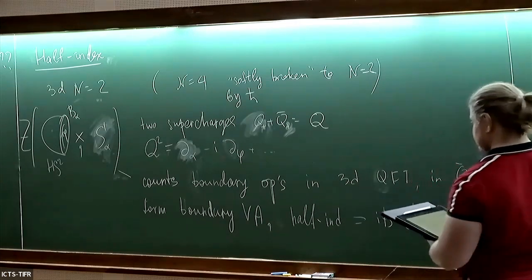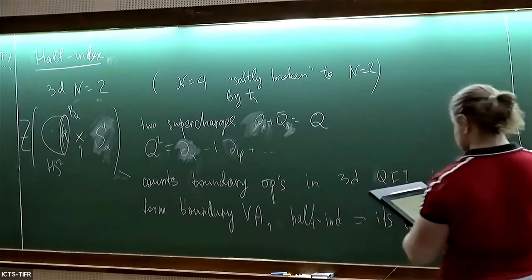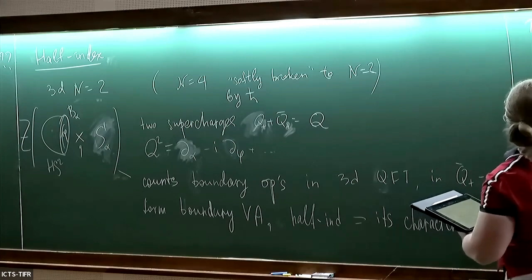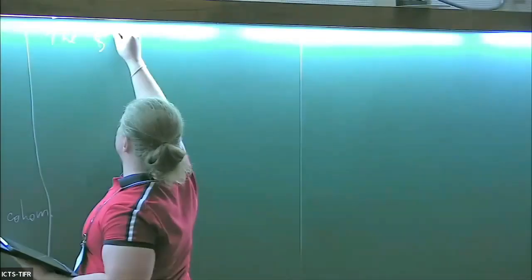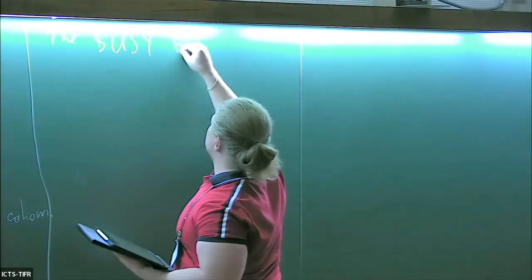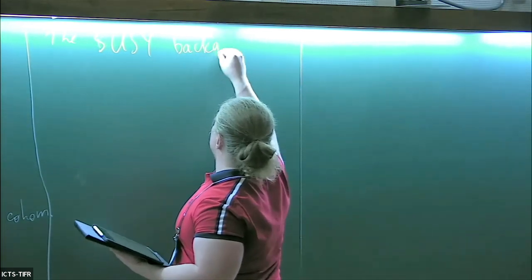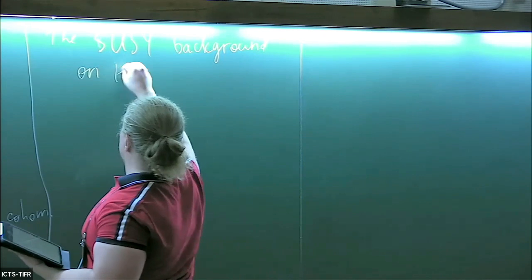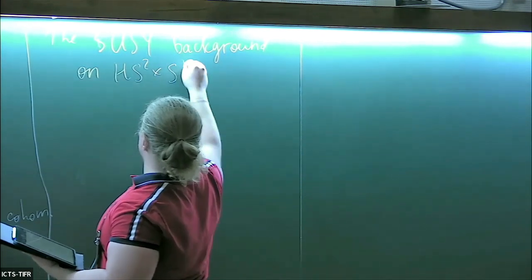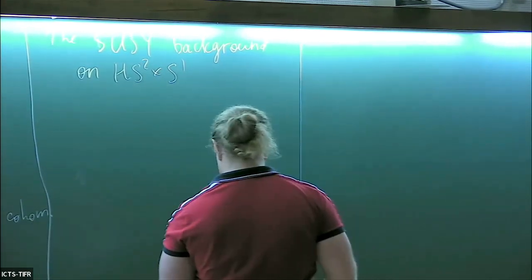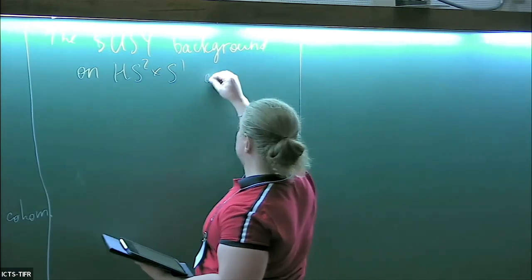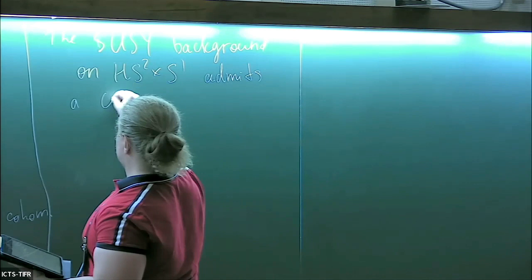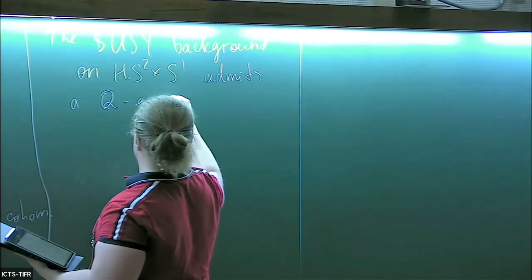This supersymmetric background on a hemisphere cross S1 that computes the half index admits a Q-exact deformation,